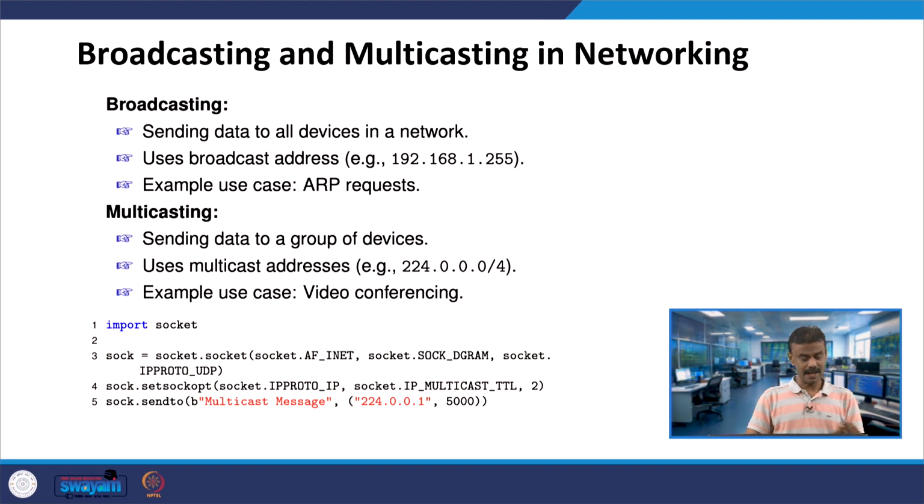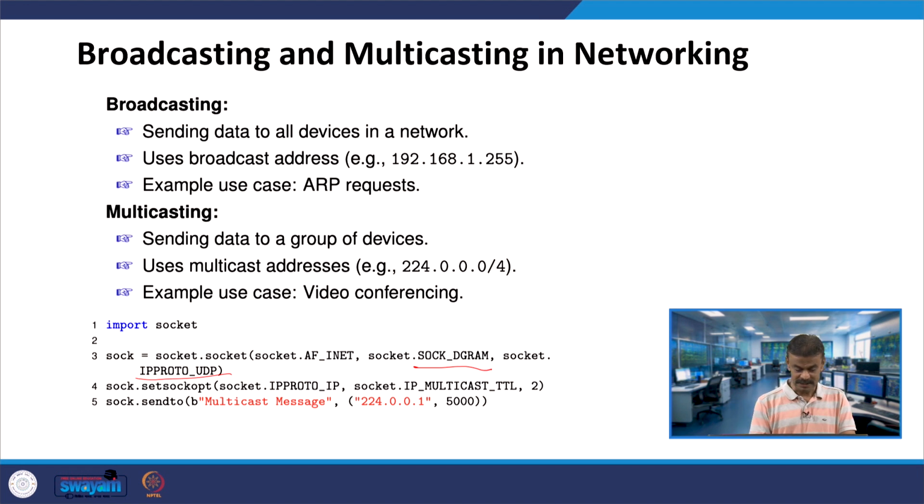Now here I have written a snippet. Import socket, and the socket is invoking socket of AF_INET, so that it is IPv4 addressing, and SOCK_DGRAM. This indicates a UDP datagram socket. The next one, IPPROTO_UDP, specifies that the UDP protocol will be used.